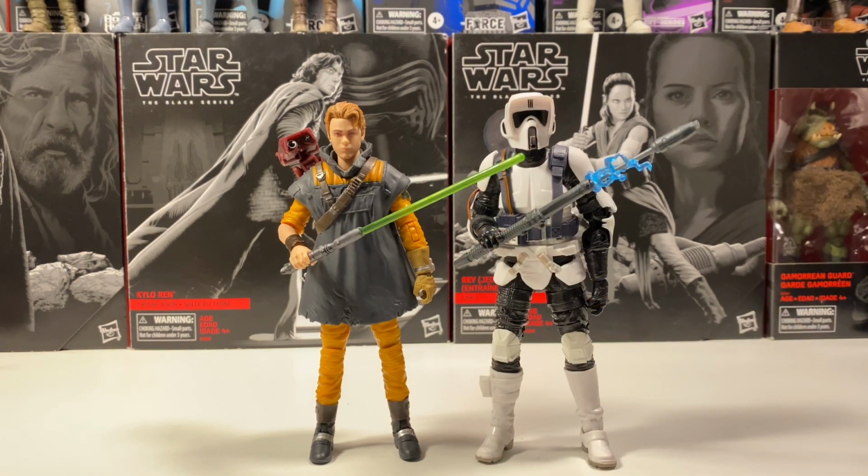Next up is the Fallen Order Scout Trooper. And it's one of the main villains, I guess, that he fights in the game, or main infantry, I guess. He fights it quite a bit. So definitely a cool comparison here as well. And I hope we get a lot more different Fallen Order Stormtrooper variants, because there are tons, and I wish